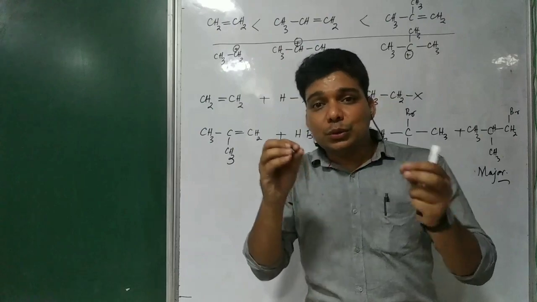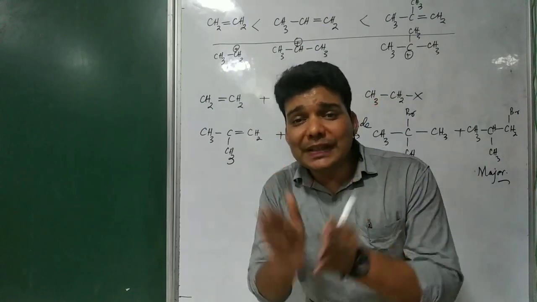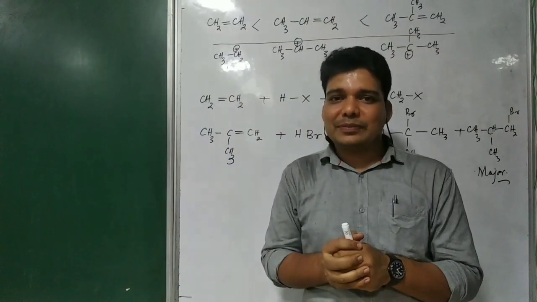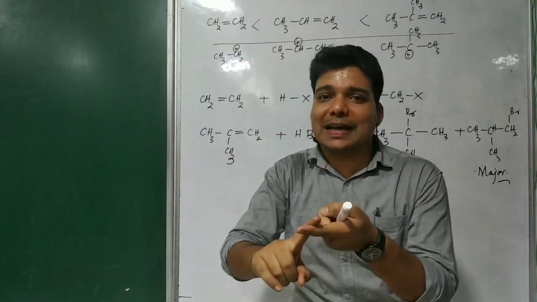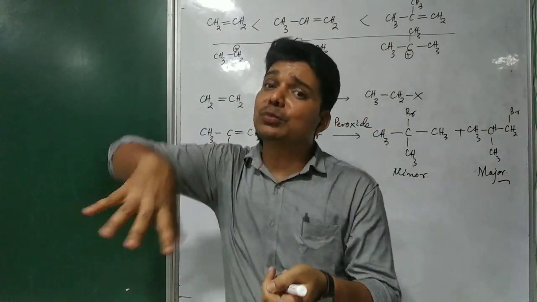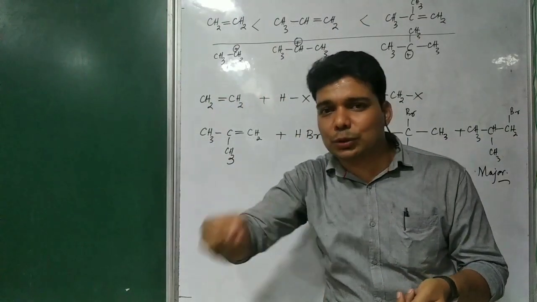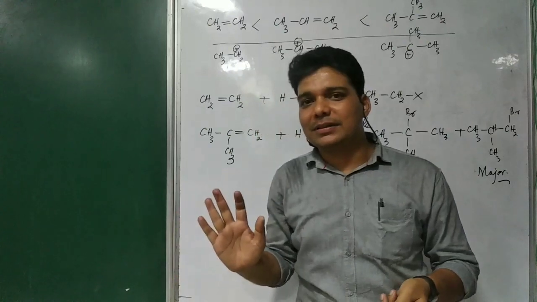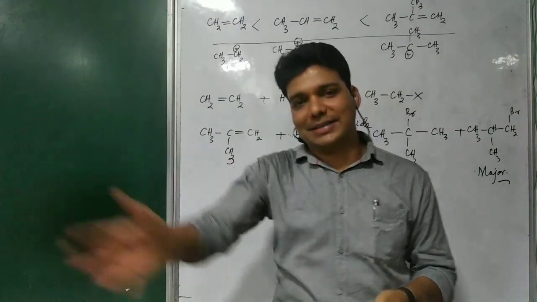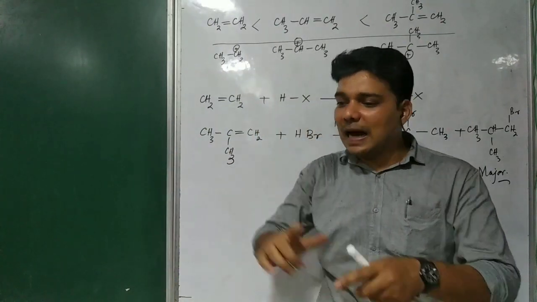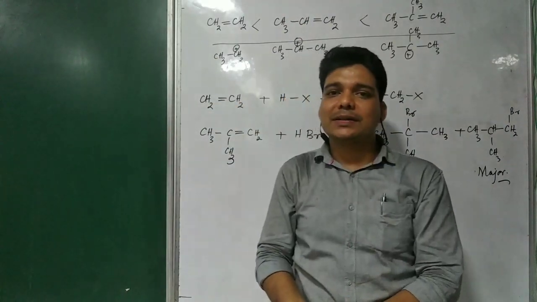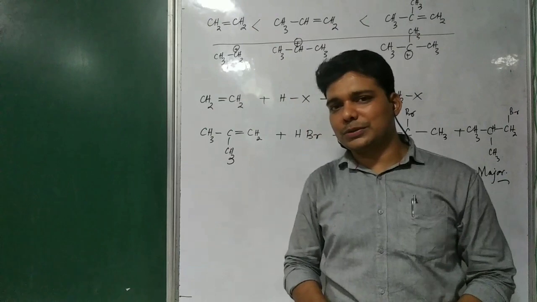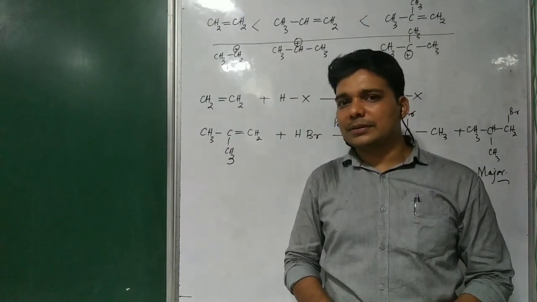Okay, for those reactions which involve the formation of a carbocation intermediate, if that carbocation can be converted into a more stable carbocation through 1,2-hydride shift or 1,2-alkyl shift, then the rearrangement will occur fast. And after the rearrangement, the remaining step will occur and the final product will be formed. Okay. For example,